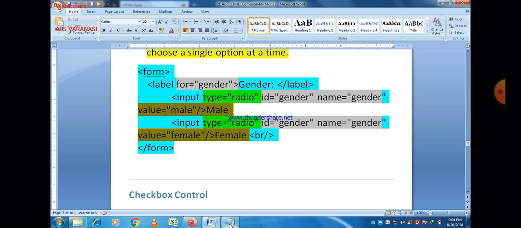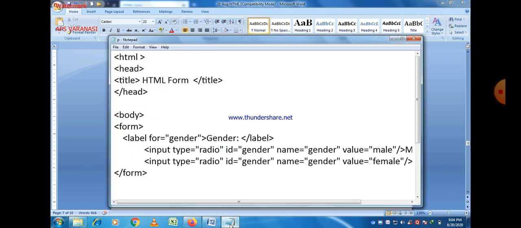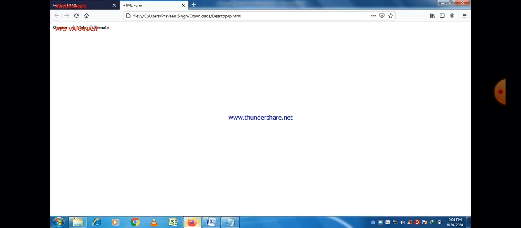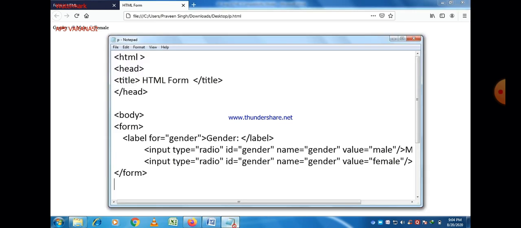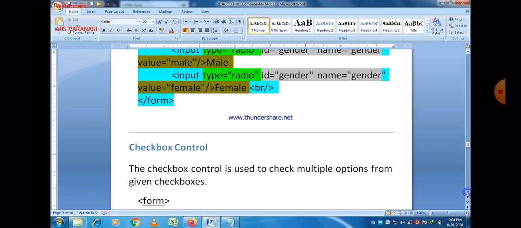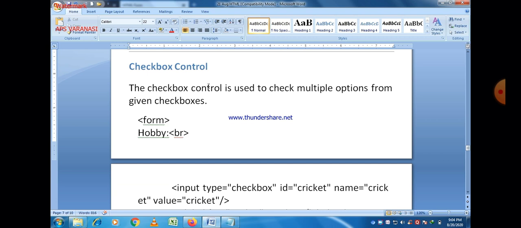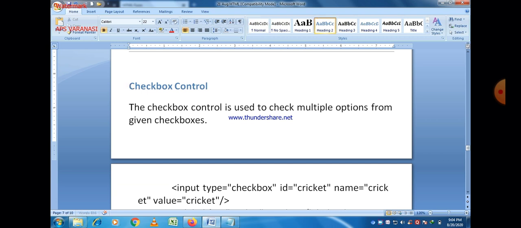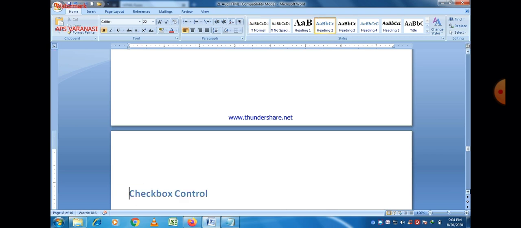Now I think the concept is quite clear to all of you. Simple to implement. Okay, that is a program, and program always starts from HTML, then after head, title, all these types of tags are there. And regarding form, all tags are written within the form tag.